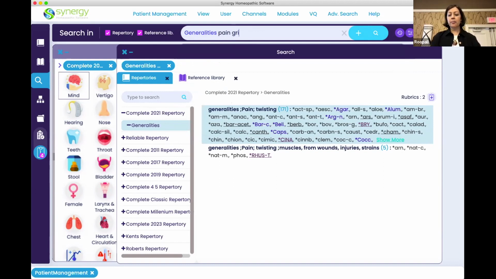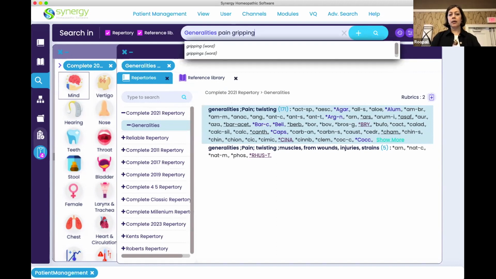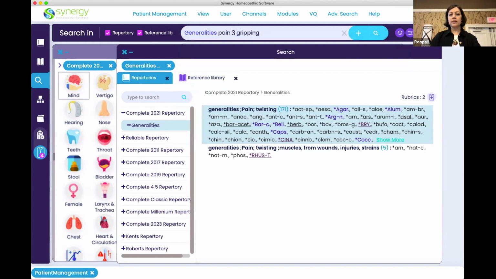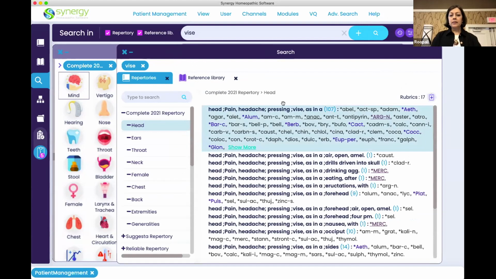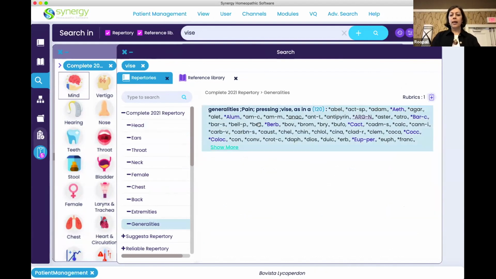I used gripping for that. Forgot to put the 3 in there. Let's see what comes up. Generalities, pain, gripping. So we can put that there, but it would be interesting to see if anything comes up for the word vice. There is something for a headache, but let's look in generalities. And you have generalities, pain, pressing, vice as in, so we could definitely put that in